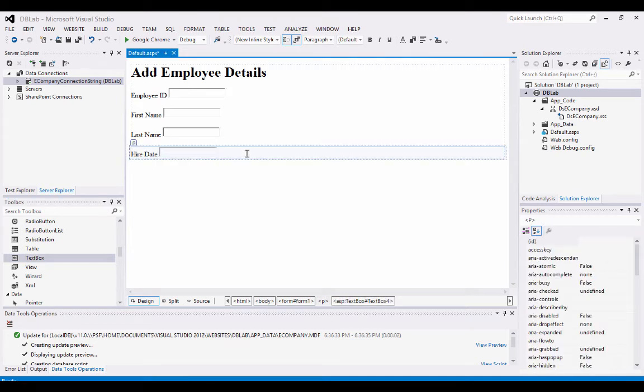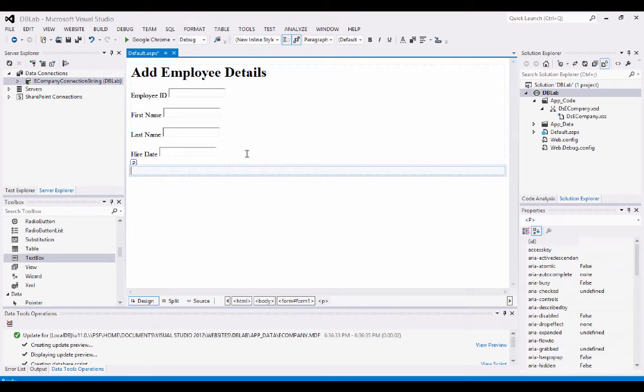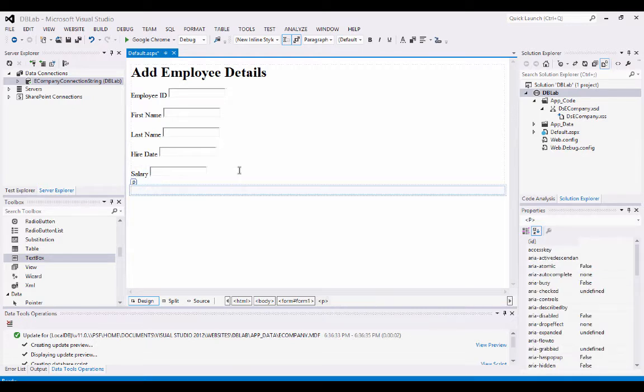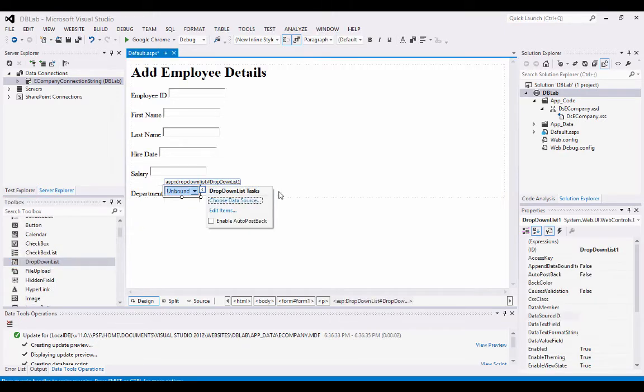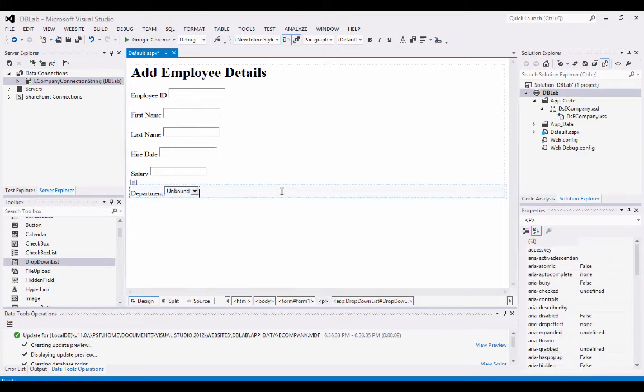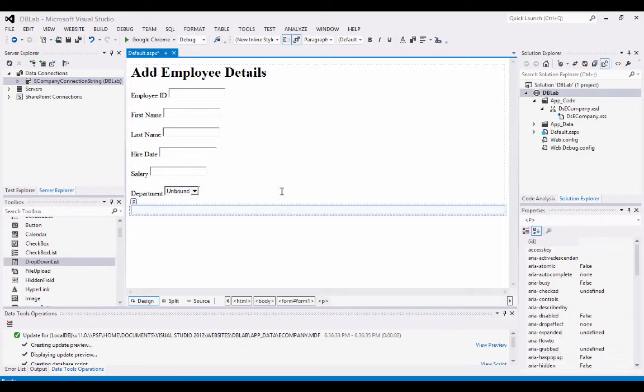So user will enter the date, and we do have the salary, which will be a text box, and we have a department of the employee. And for this department, I'm going to get the departments from the department table. So let us create a drop down list. Now initially I don't have any list elements. This will be from our department table,